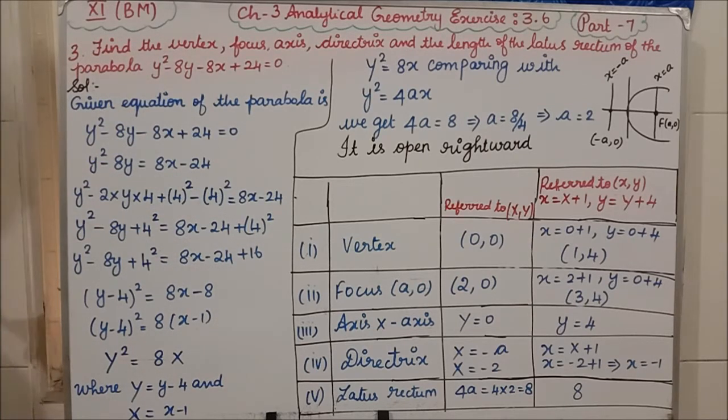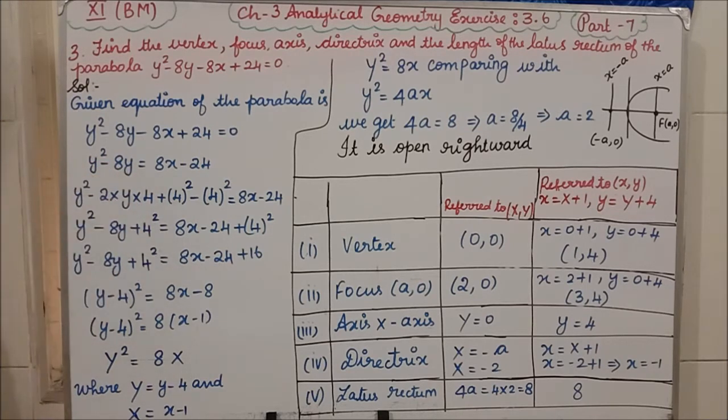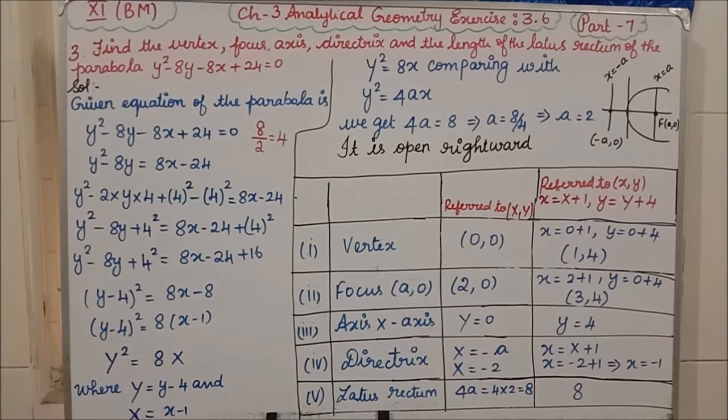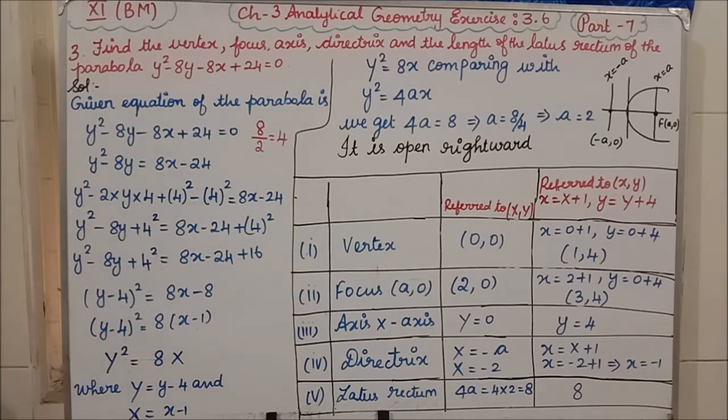Now, after y square, what is the number we are having before the y term? We are having 8. So 8 we have to divide by 2. If you divide 8 by 2, what are we getting? 4. Students, how am I going to expand this? We have to expand it as a minus b whole square or a plus b whole square. In 10th standard, I think you all learnt the completing square method. It is not that difficult. It is very simple only.